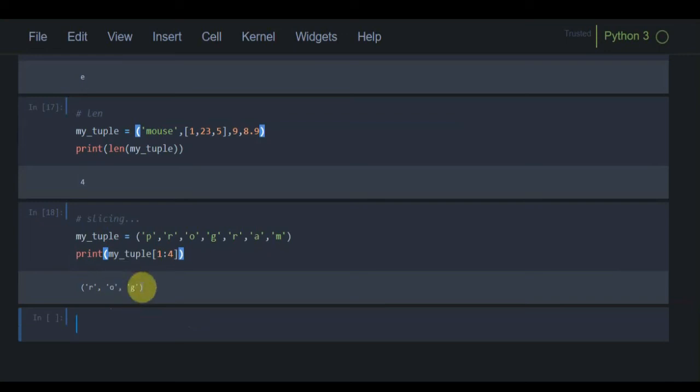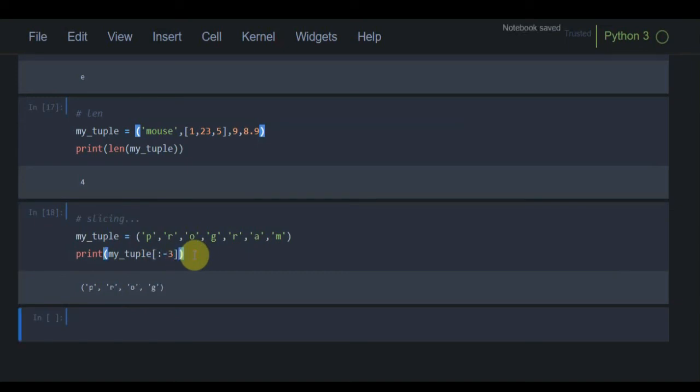So we can also apply negative slicing here. How can we apply negative slicing? Suppose I want to run the elements up to -3. First I leave the first column empty, and then in the last column I assign -3.